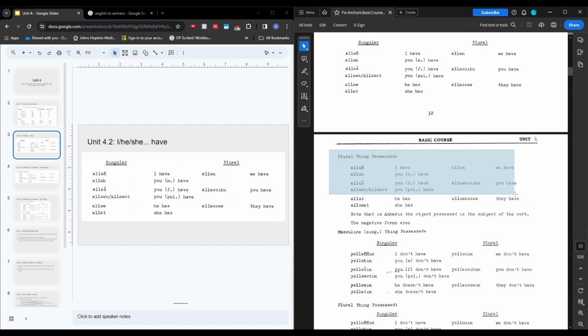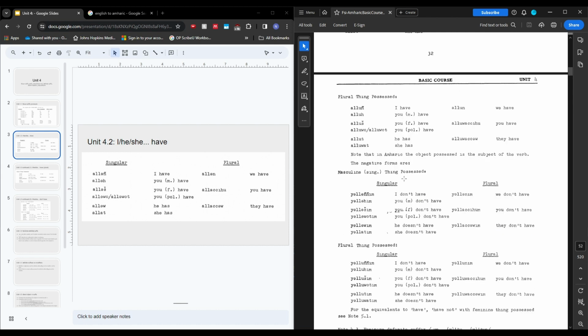And then you do the same thing with the plural ones, which I'm going to skip because they're not commonly used as much, but it's the same idea. And you can always have someone sound these out for you if you really want. These are also really important to memorize. They don't have the exact same system of where you just slap the verb suffix pronoun onto the end of the word. You put it right before the M of yellum, which means there is not.